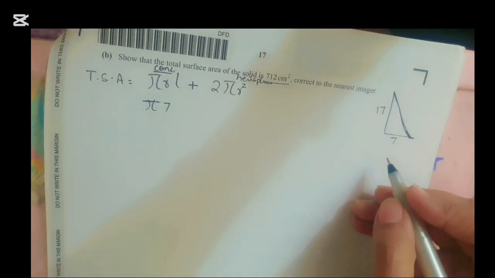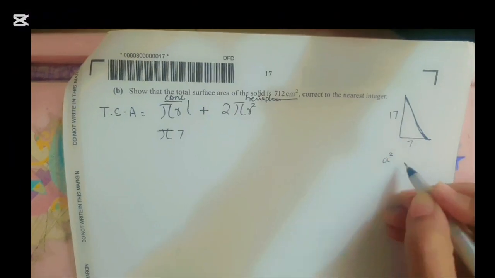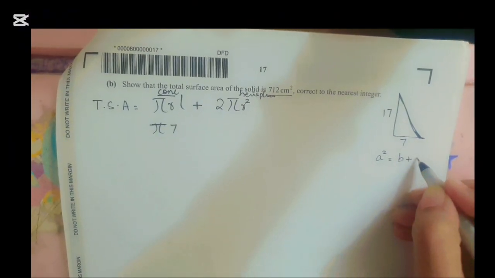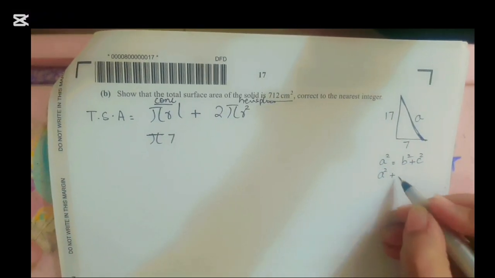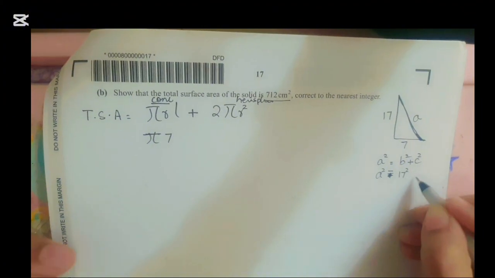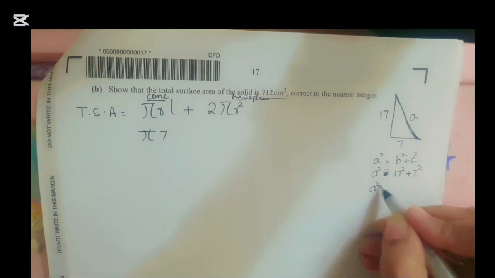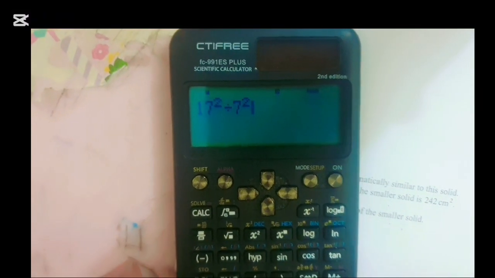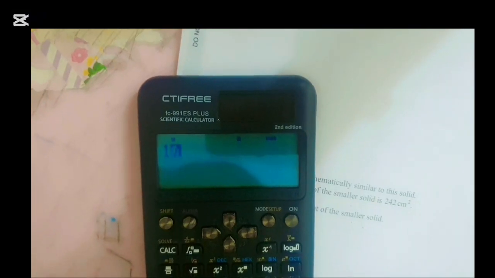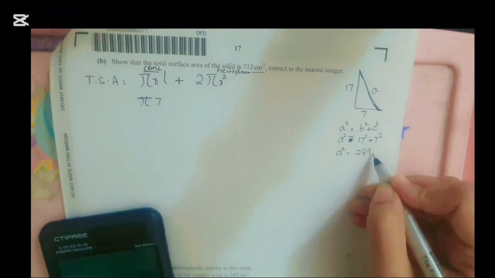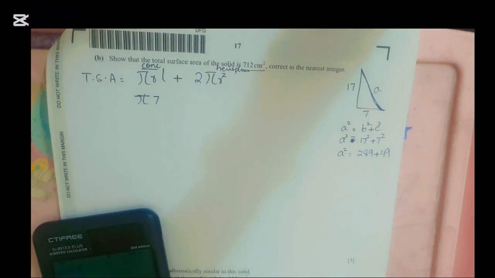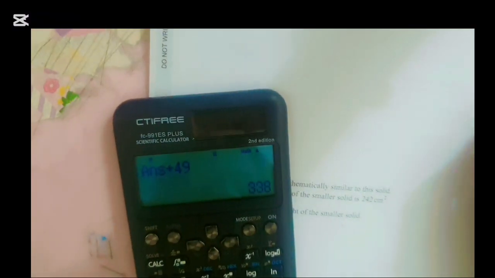Okay, so this is 7, and now we have to use Pythagoras theorem to solve it. a square is equal to b square plus c square. This is our a, so we don't know a. a square is equal to 17 square plus 7 square. 17 square is equal to 289 plus 49, that is equal to 338,